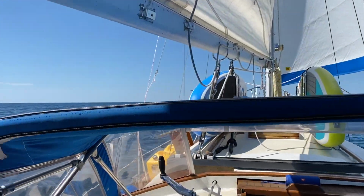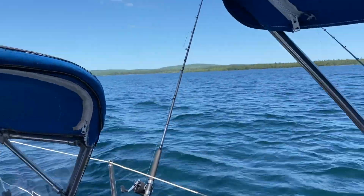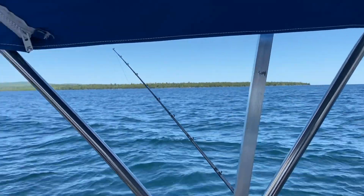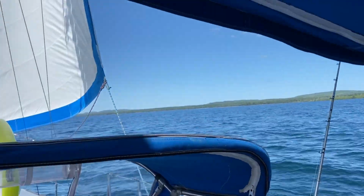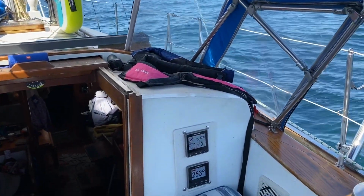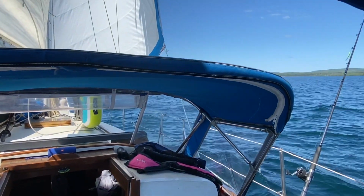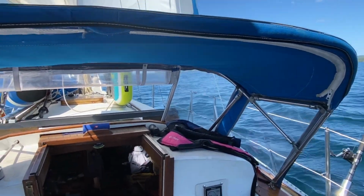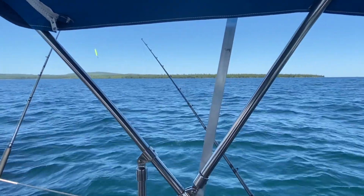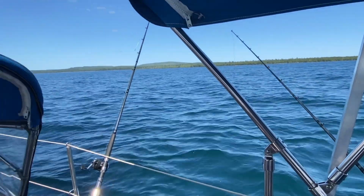So here we are. Our engine died again, and we have shoals right there that we're trying to stay off of, but we have no engine power. So we're under sail, but it's not strong enough to get us to go anywhere, so we're going 0 knots. Basically just kind of heaving to right here, just trying to stay in position. There's also fishing nets along there too, so trying to stay out of the fishing nets, stay off the shoals,